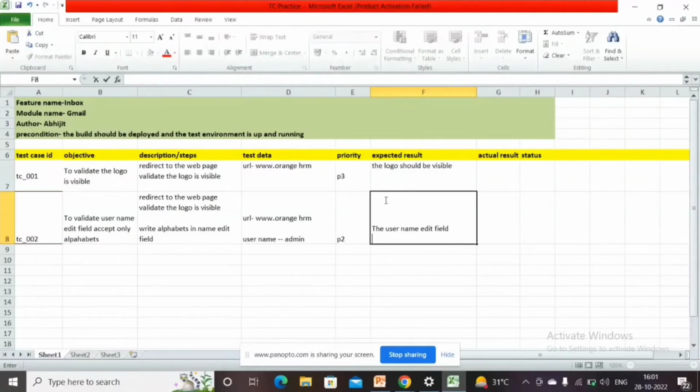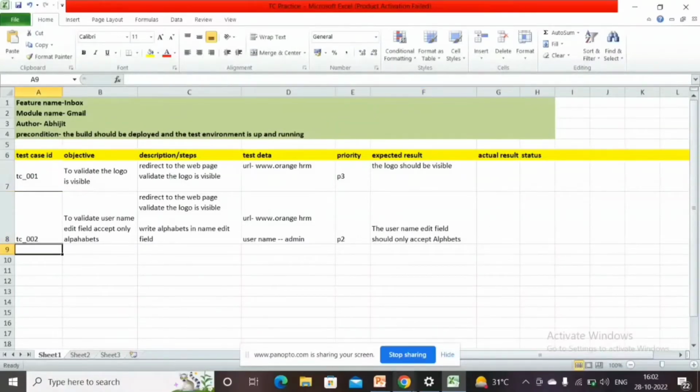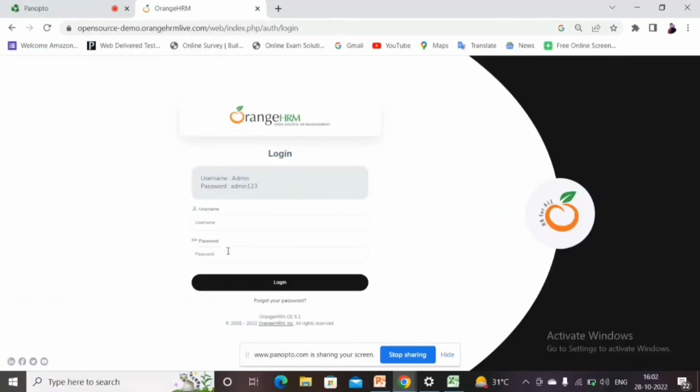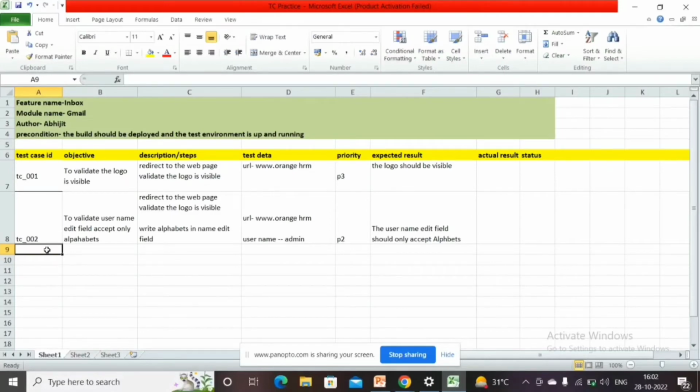The expected result is the field should only accept alphabets. So the next test case is for password. If in our requirements there is a requirement that the password contains one special character, one alphabet and one number, so write the test case for it, tc